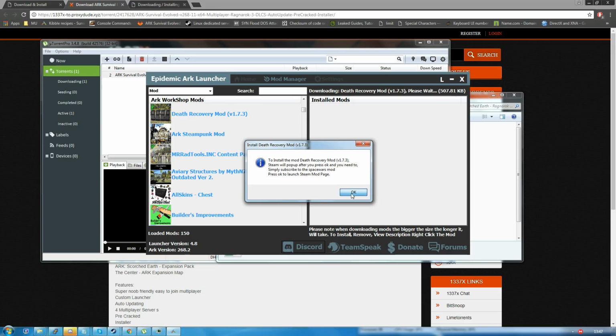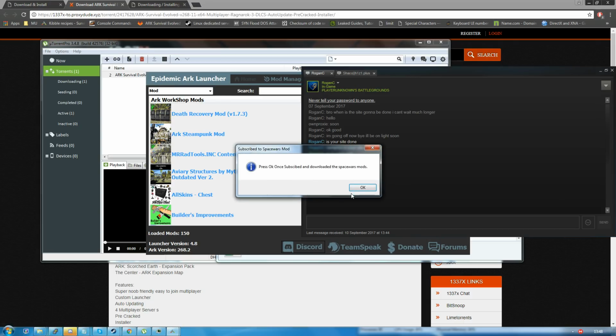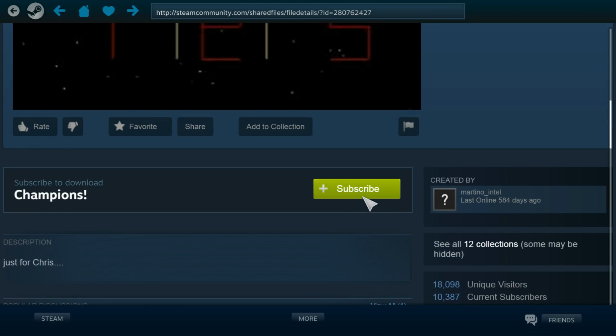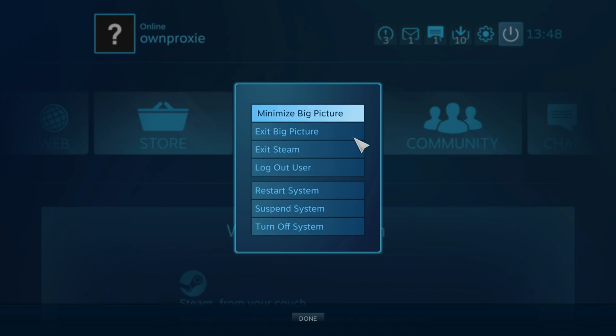So what's going to happen here is, to install the Death Recovery mod, we need to accept a Space Wars mod and subscribe to it, because my launcher simply copies the Ark mod files to the Space Wars mod that you're about to agree to, which will pop up on Steam, but for some reason I'm in big screen mode, which I really shouldn't have been. Whoops. I don't even know how to get out of here from here. But yeah, as you see now,